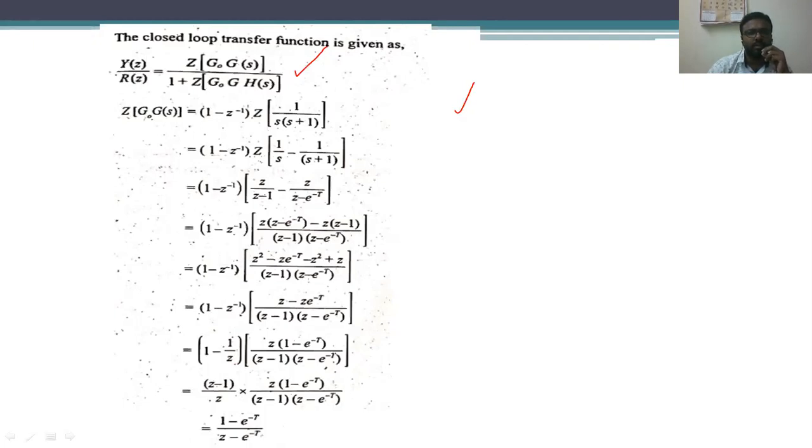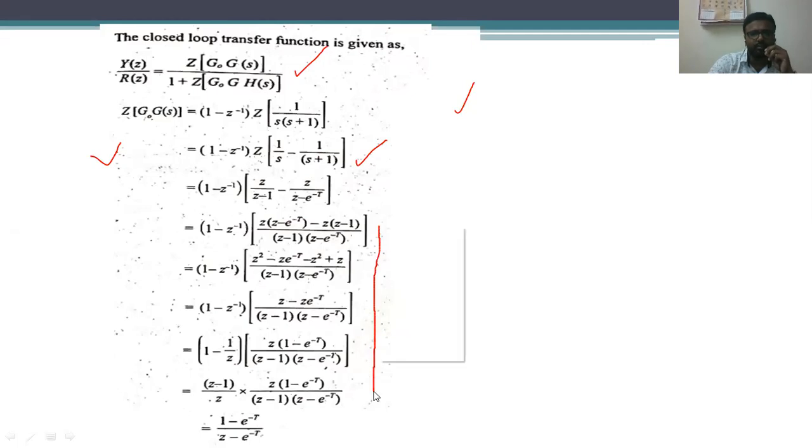Therefore, the Z transform of G naught into G of S is nothing but 1 minus Z inverse into Z transform of 1 divided by S into S plus 1. Using the partial fraction method, we have obtained 1 divided by S into S plus 1 as 1 by S minus 1 by S plus 1. What is the expression for the step function? The Z transform of the step function is nothing but Z divided by Z minus 1. And 1 divided by S plus 1 is nothing but Z divided by Z minus e power minus T. So upon certain calculation,